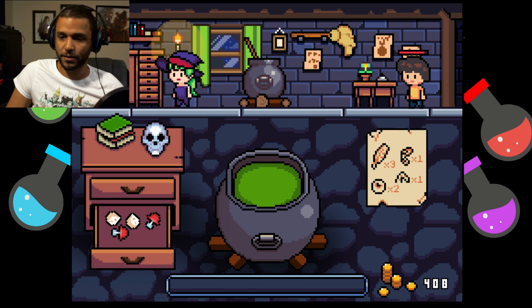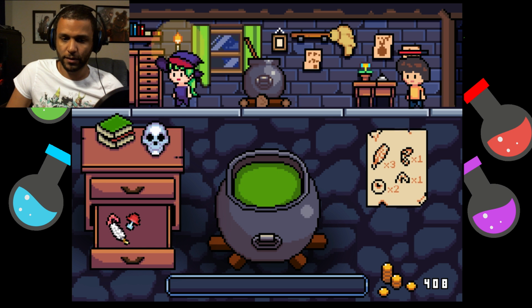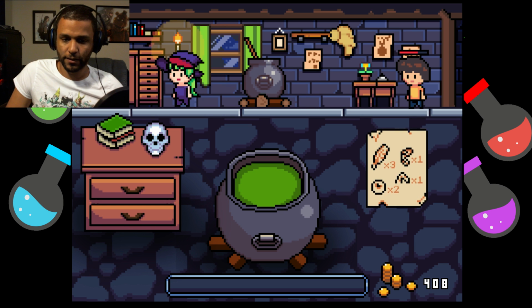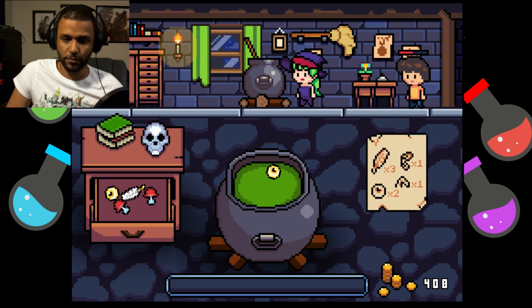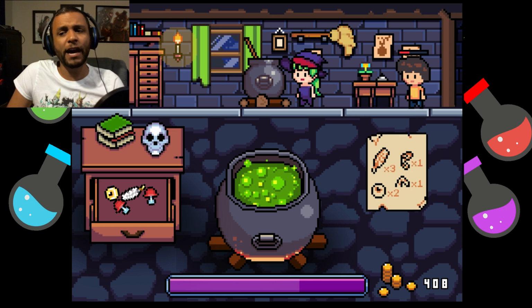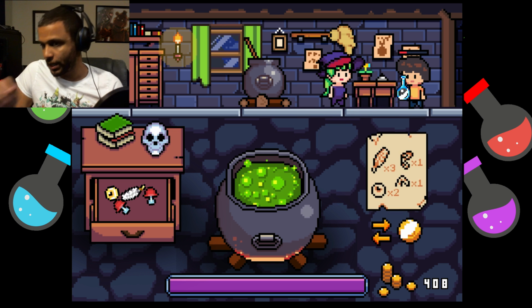Ooh, 4 items. Have there been 4 items before? I don't think so. 1, 1, 1, 2, 3. Okay, I need eyeballs. 1, 2. I need one more eyeball. One more eyeball. Ooh. And I don't think I've had 4, so maybe it does just get harder with...